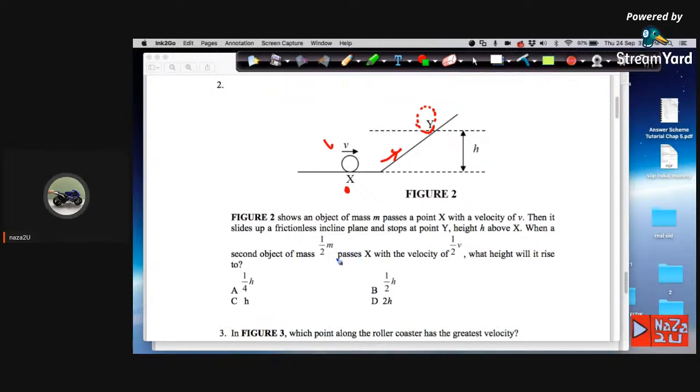Then we have a second object with the mass half of m, and velocity half of v. Meaning here we have another object. The process is the same, except the mass of the second object is m/2. Also the velocity v is halved. So now